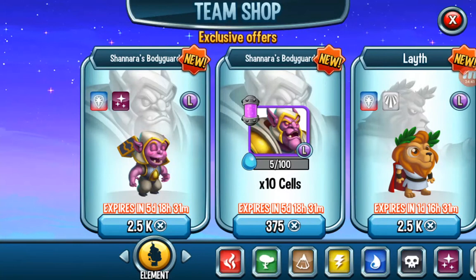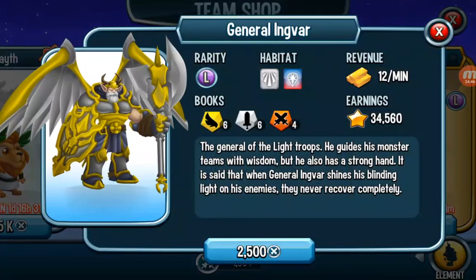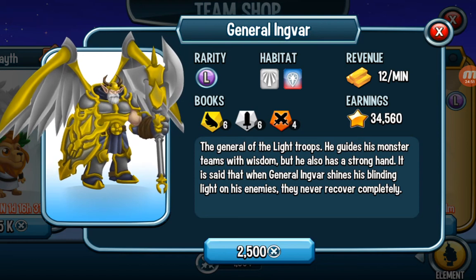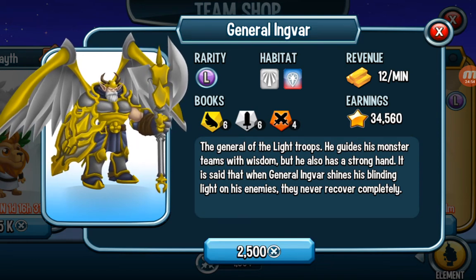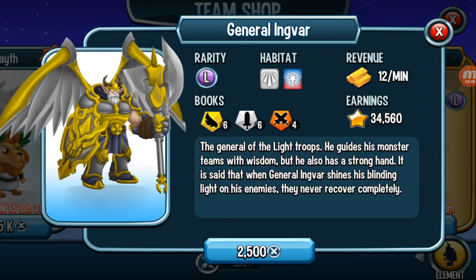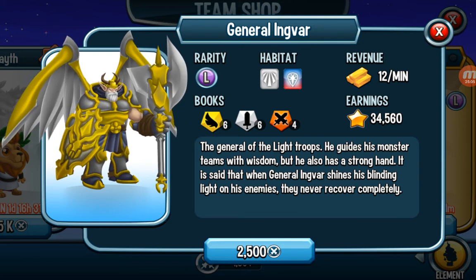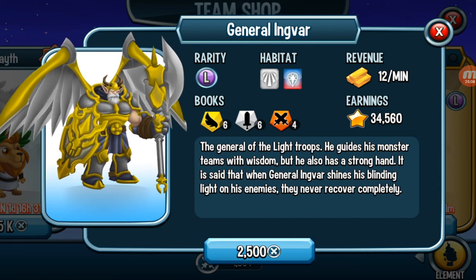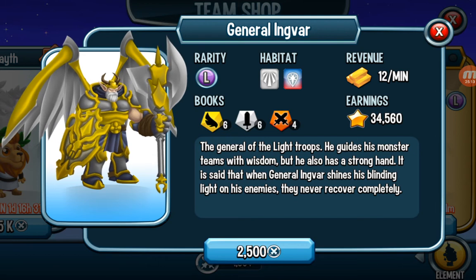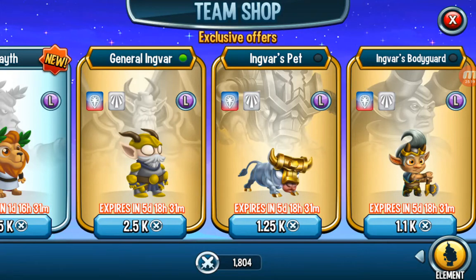But then we move down to the line where Ingvar is. Basically, he's one of the greatest generals in the game so far, because he can assume the same as Shannara's pet, giving life regeneration and stamina regeneration, and he can remove all negative effects from all his allies. He can also blind with AoE, and he has a single stun, so overall a very good monster. If you do want to pick him up, you can, but if you're asking me, General Ingvar or